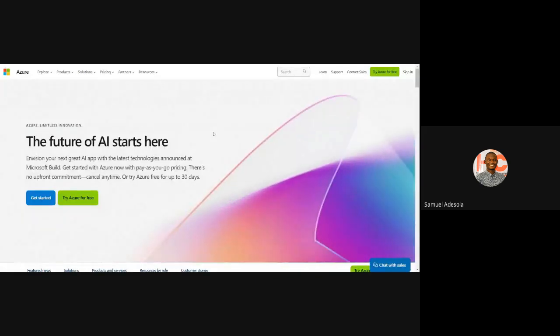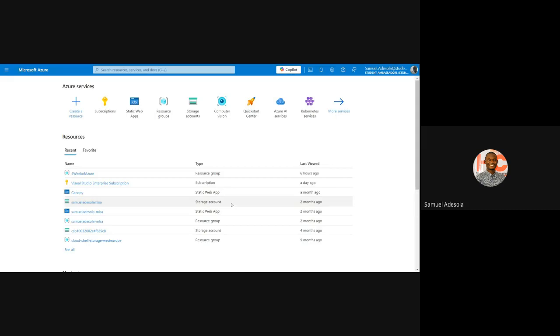If you just type azure.microsoft.com, it will present you with this interface. To sign in, just click on sign in. And so if you're already signed in, it will just give you this interface, something like that. So don't worry about whatever you are seeing now. You will see your profile picture here and so on. We all are going to see this. You might not worry about checking yours now. If you have any problem, you can just mention it on the group and then I'll get back to us on how to sort it out.